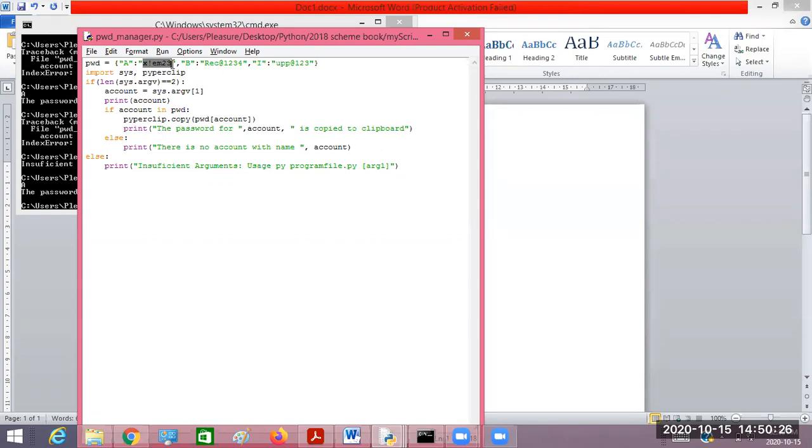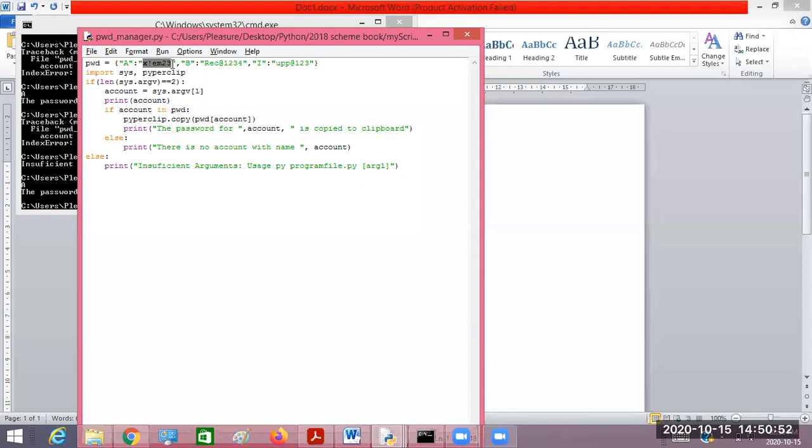That's why the addition you can do for this program is to keep those passwords in secure, encrypted form, and then while reading the password, you can decrypt it, and then paste it in the clipboard. Getting my point? Will you try that one? That's not there yet, but as per your syllabus, they have given only this much.